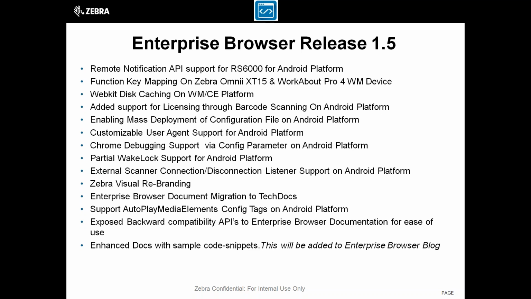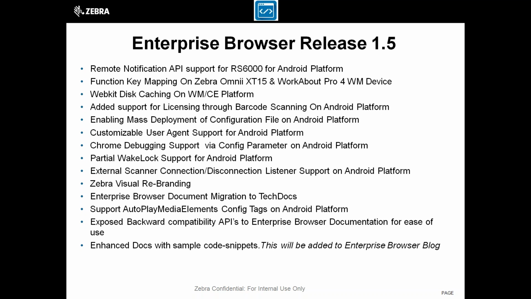Then the next feature is WebKit disk caching on the WMC environment. Then we have another feature called licensing through barcode scanning on the Android platform. Earlier, this feature was not available in the Enterprise Browser product. Now, from Enterprise Browser 1.5, one can license the product using barcode scanning.